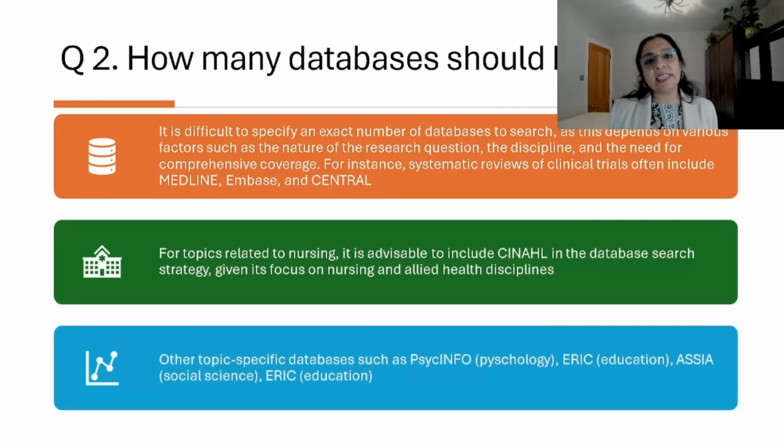Another point here is we also need to search the regional databases. For example, if the study is from India, we need to search some of the regional databases. And if the study is from Latin America, there are specific Latin American databases. So there are some principles guiding the selection of such databases. It needs to be comprehensive and we should be able to pick up the important studies in the field. And it should cover the topic in a comprehensive way.